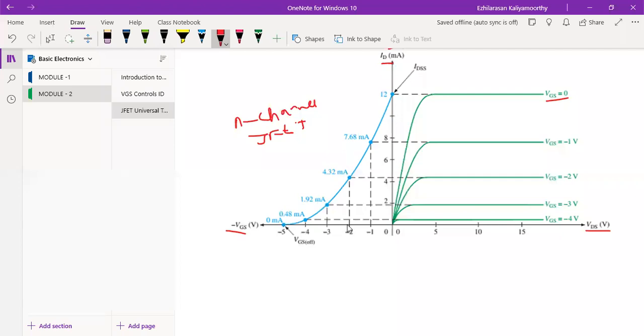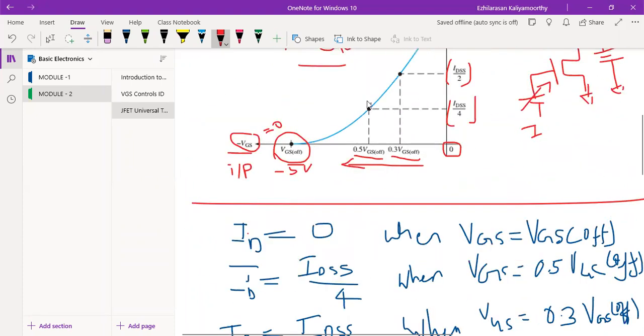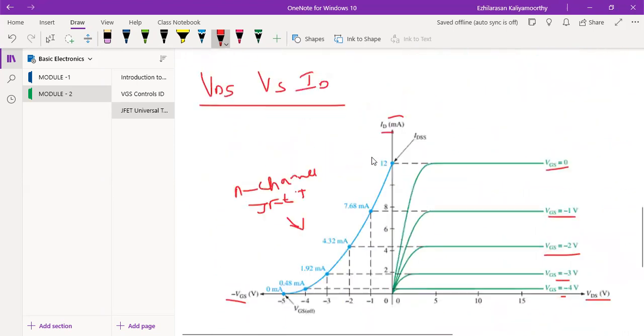Okay, so these characteristics are showing the complete N channel JFET, for minus VGS, the input voltage I am applying. At the same time, the VDS is a positive voltage. Now see here, for input voltage VGS is minus 1, VGS is minus 2, VGS is minus 3, VGS is minus 4. So this curve on the left-hand side is the same as the previous curve, but the values of these points are given here.